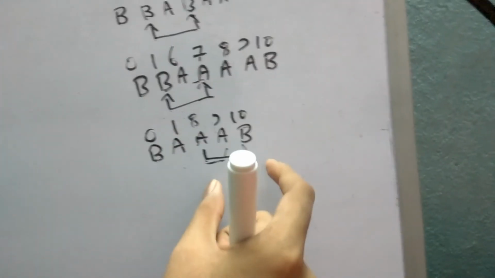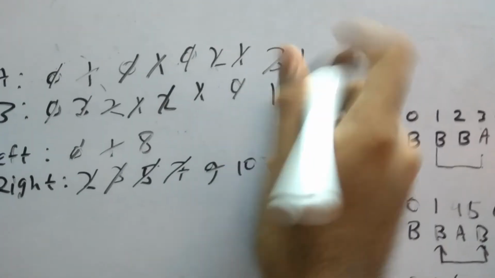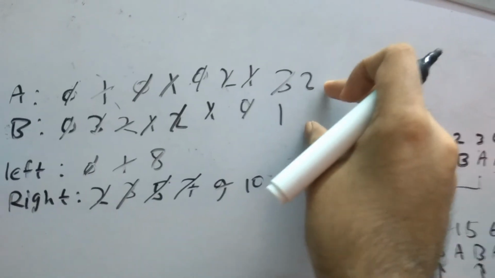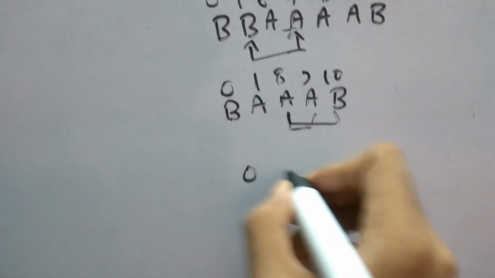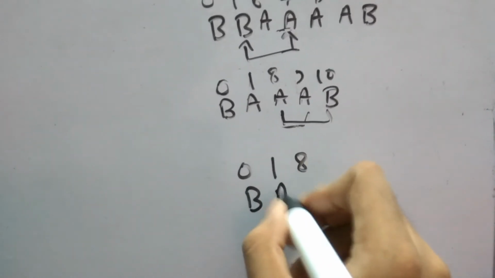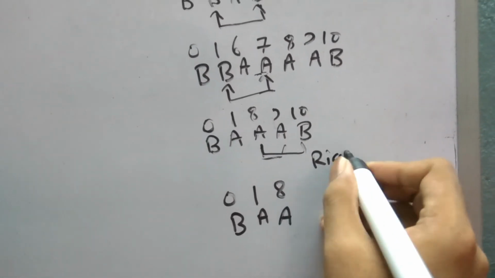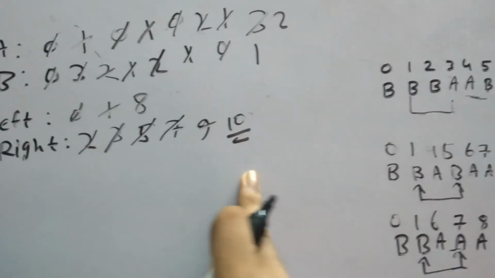Now within this substring, we first check the count of a is now decrementing by 1 because we are decreasing this one and adding this b. So b is incrementing by 1, so here it will be 2, sorry. So again the absolute difference is 1, again same thing, 0 1, and we will be putting 8 over here. So b a, and here the count of a is more, so that's why a will be here, and our right pointer exceeds the limit, so our right pointer is at the last, so we will terminate our loop. So at the end we will be left with this.